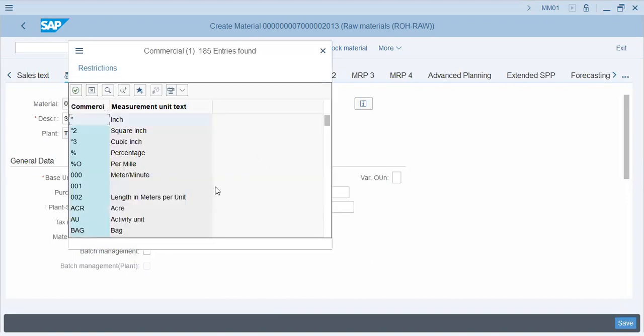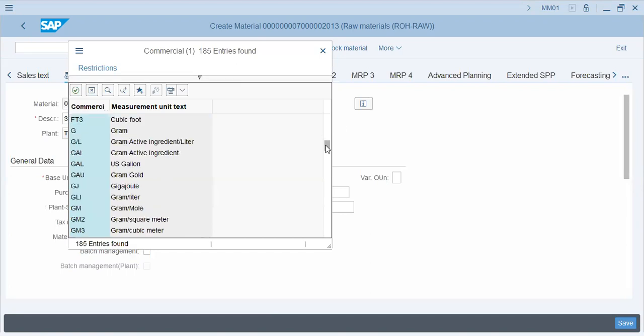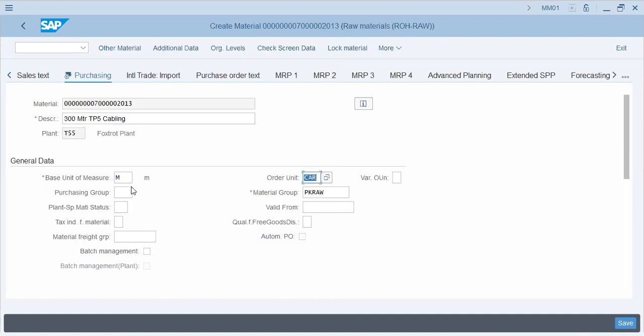So it will be per carton, per bag, crate, carton. Ordering unit, cartons. Purchasing group,